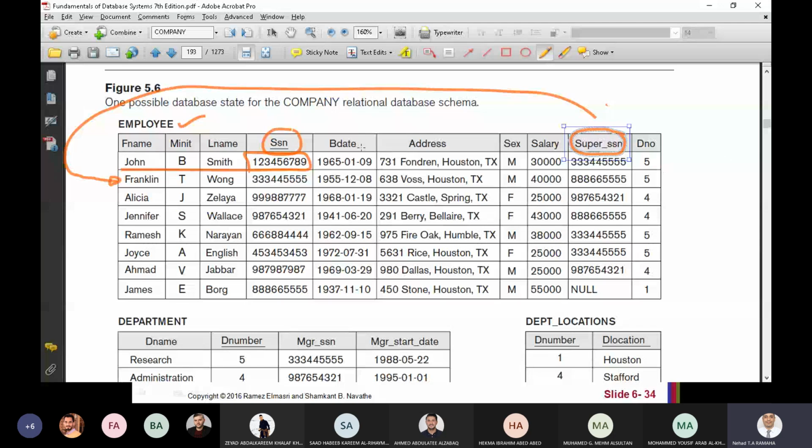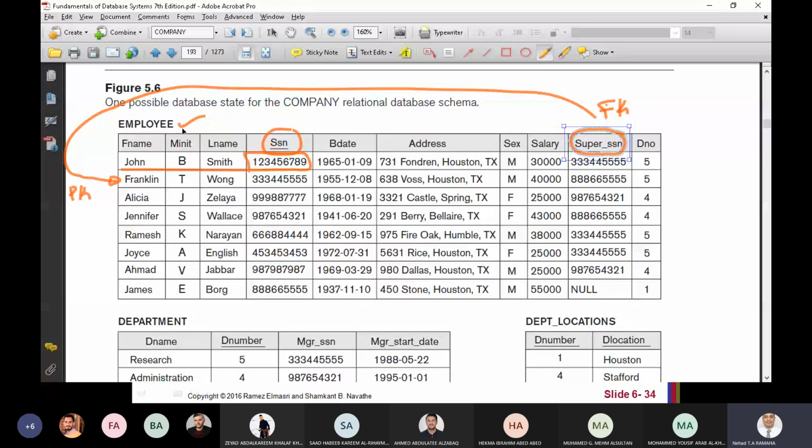So we are connecting the table with itself. This is the foreign key and the primary key in the same table. So we need to differentiate between the primary key and the foreign key.